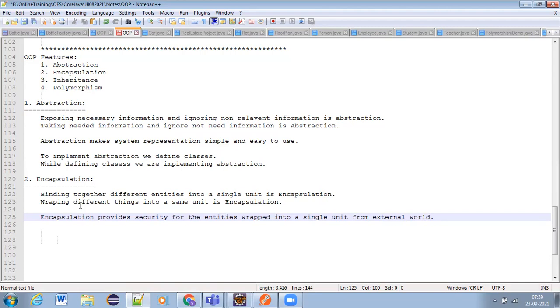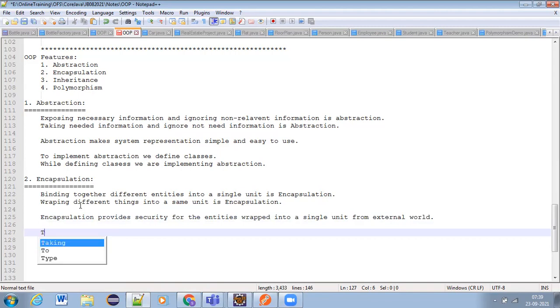So this is encapsulation. Okay guys, these points you need to remember. And how to implement encapsulation, the basic level of encapsulation we can implement by defining the class.